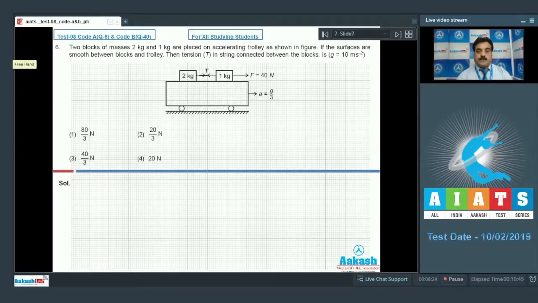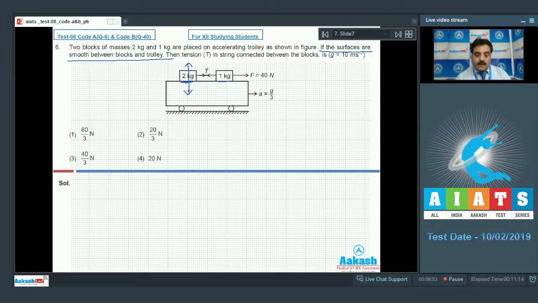In question number 6, two blocks of mass 2 kg and 1 kg are placed in an accelerating trolley. If the surfaces are smooth between blocks and trolley, then find the tension T in a string connected between the blocks. The important thing is that there is no friction. So you can solve easily, because if I go for the FBD, then the normal force will be balanced by the weight,